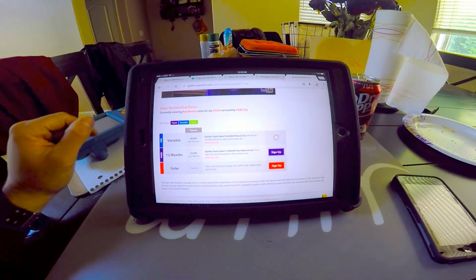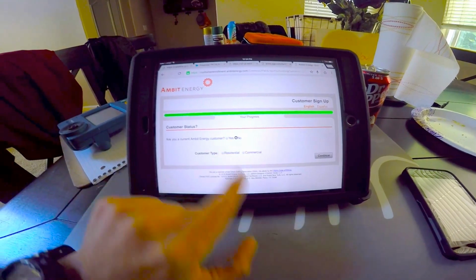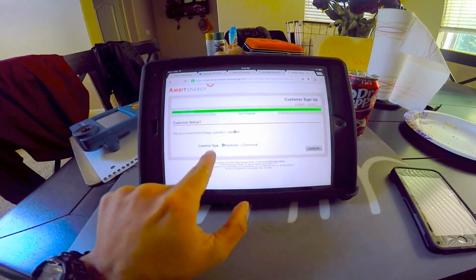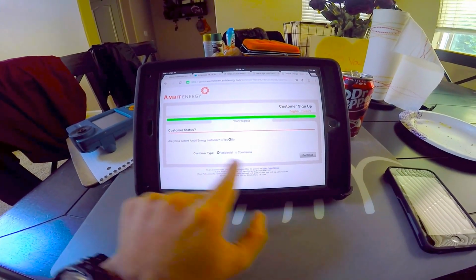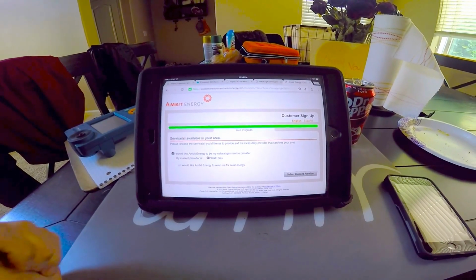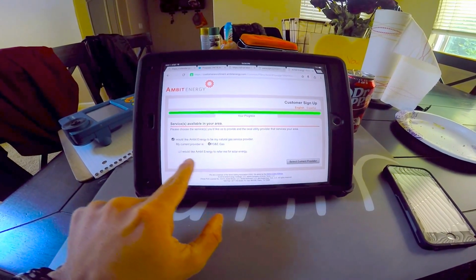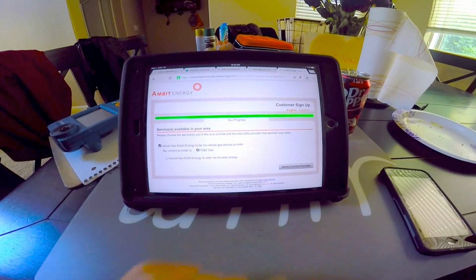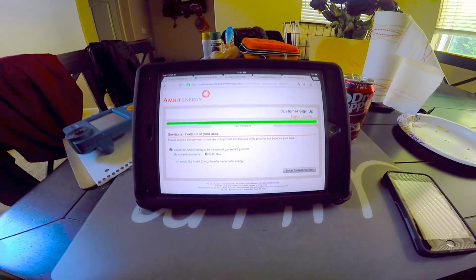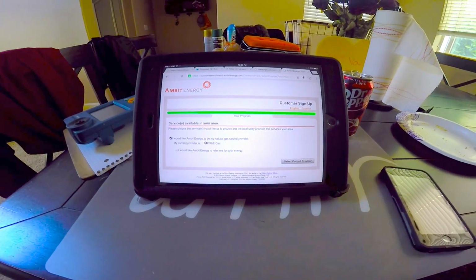I'm going to run with the variable for a month-to-month basis for my customers right now. The next page is going to ask you, are you currently an Ambit customer? Are you residential or commercial? Go ahead and select the appropriate button. And you'll see also on this page, it asks you, I would like Ambit Energy to refer me to solar. So it's kind of a backup. They back each other up, whether you're going solar or going through the services for the solar option.